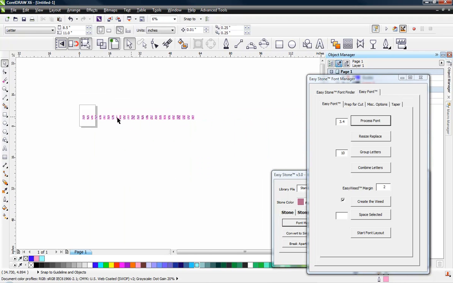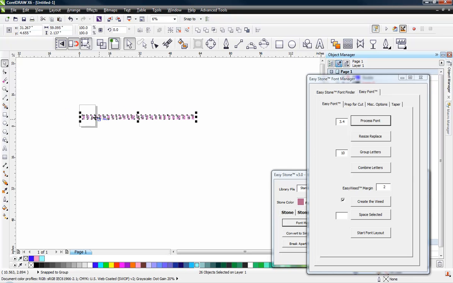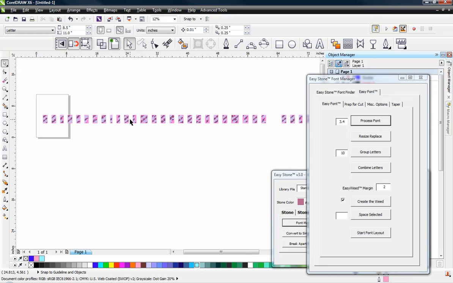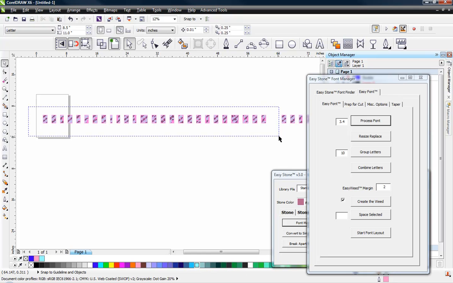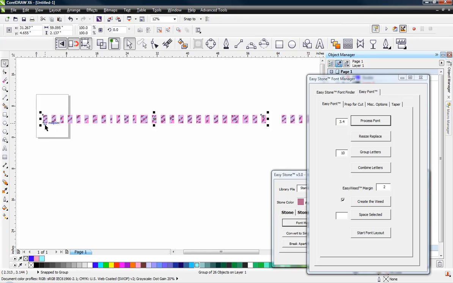So what we're going to do is just do something a little bit different. We're going to select and make a duplicate copy. Okay, so on this first one, here's the steps that you have to do. Group it all together. It seems strange, but it helps if you understand why we're doing this. So every letter and its weed box has already been grouped by Easy Font. So now what we're doing is we're grouping all the individual groups. There's 26 individual groups, right? We're grouping all of those into one group, and then we're going to right-click